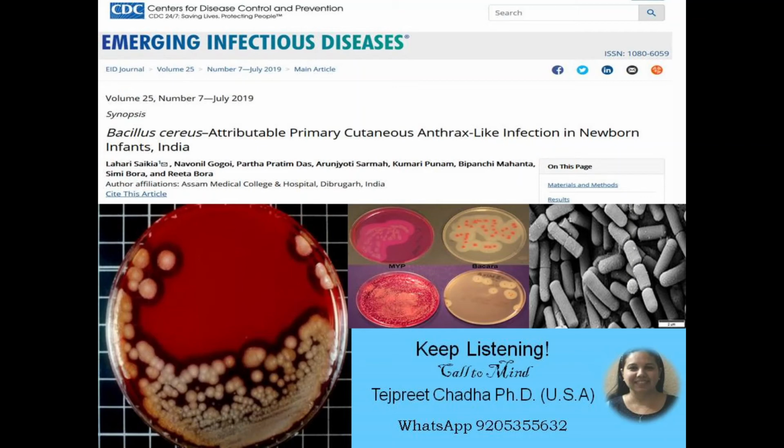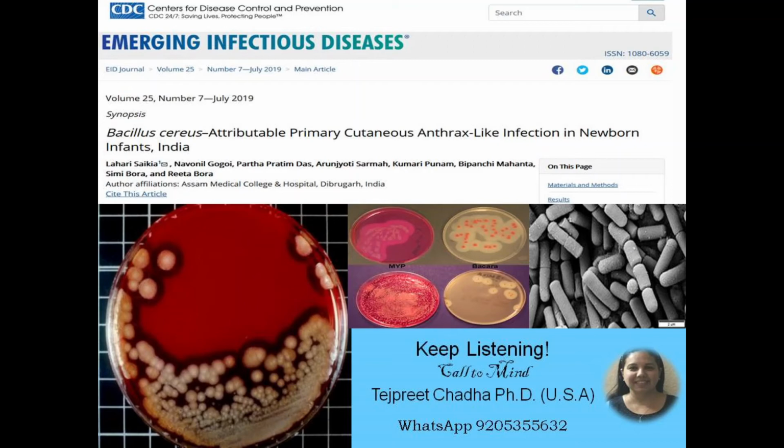But how they concluded is that Bacillus cereus primary cutaneous infection in newborns without bacteremia can occur from a contaminated environment in hospitals. Bullous lesions or cellulitis during or just after delivery should be included in the differential diagnosis, and caution should be taken in initiating beta-lactam antimicrobial drug treatment. But it's a very interesting study and a lot of information about the other side of Bacillus cereus.